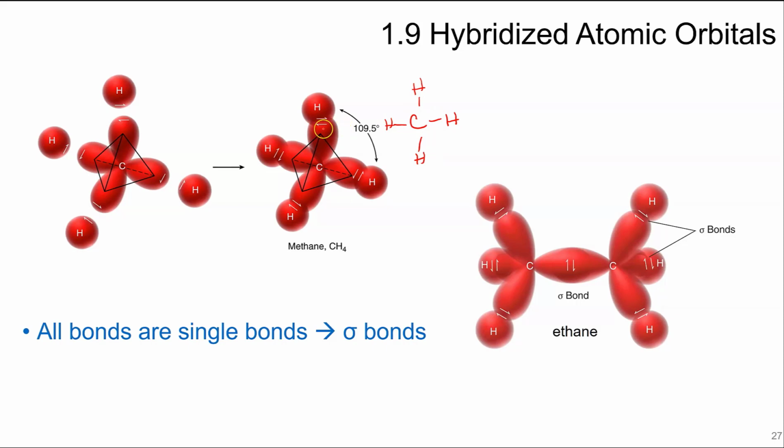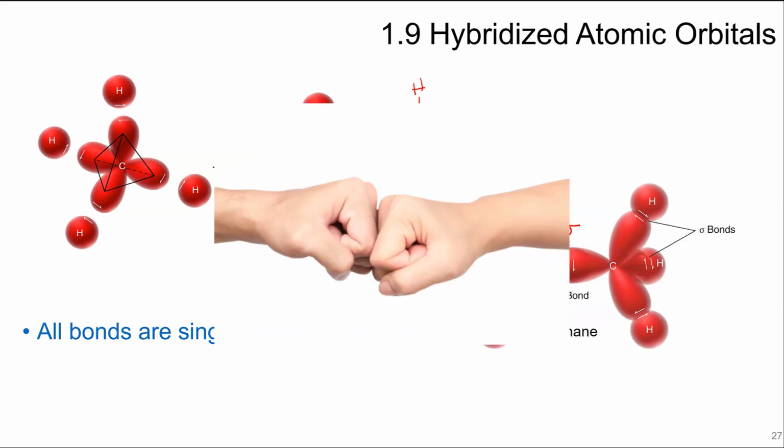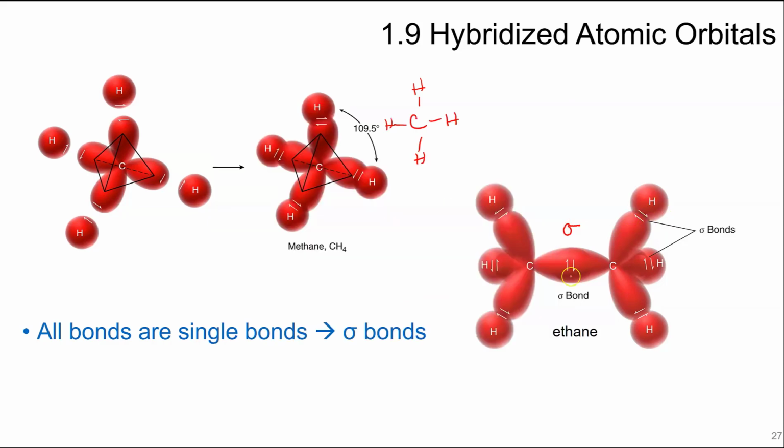So you can see the sigma bonds here, the sigma bonds between the hydrogen and the carbon, sigma bonds between carbon to carbon here. So this is ethane, this is your sigma bond, and that is a head-on bond. So if you can pick up your hands and put your fists together, you're going to see that sigma bond. And there's lots of sigma bonds between carbon and hydrogen, and then carbon. So that is ethane, which is